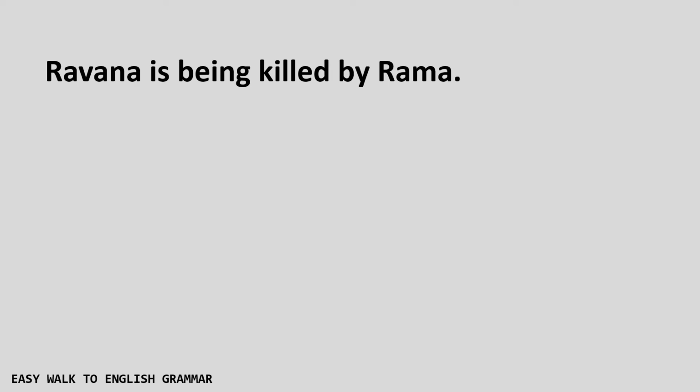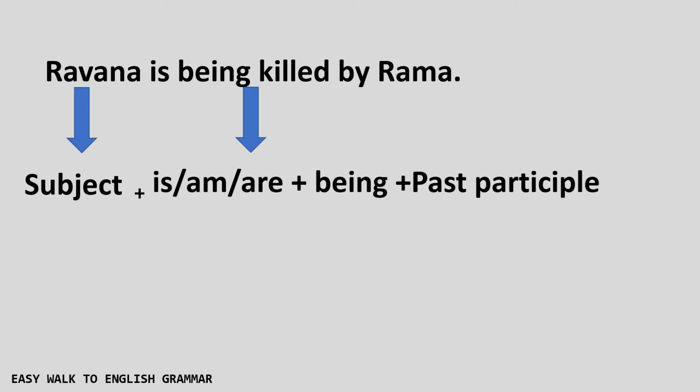Then what is the passive form of the previous sentence? Ravana is being killed by Rama. Here, the object of the previous active voice, Ravana, has become the subject, plus is or am or are as auxiliary verbs. According to the singularity and plurality of the subject, we can use is or am or are as the auxiliary verbs, plus